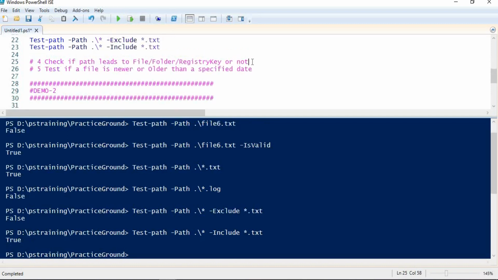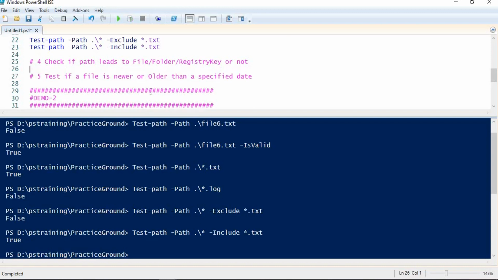Next, we can check what exactly the end component of a path is. We can test it using the test command. I can copy this code from here just to save my time, and I can use path type. Path type is leaf. Leaf means files, or whether the end component of this path is a file. So we are asking in that way. If I run this command, it is saying true. Yes, of course, because in my current folder, I have files as the end component.